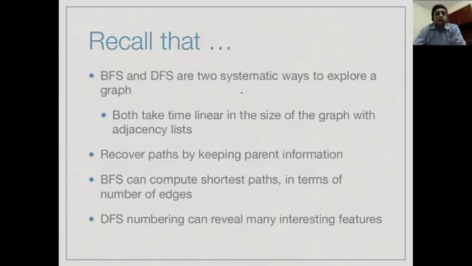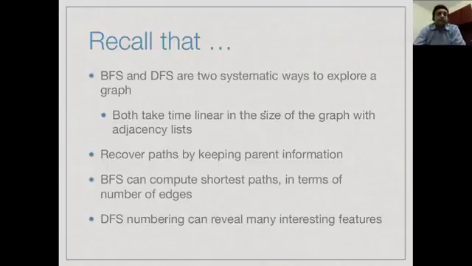So we have been looking at unweighted graphs, that is, sets of vertices and sets of edges where each edge is just a connection between two vertices. We have seen two systematic strategies to explore such graphs, breadth first search and depth first search. Both of these will be linear in the size of the graph if we use an adjacency list representation